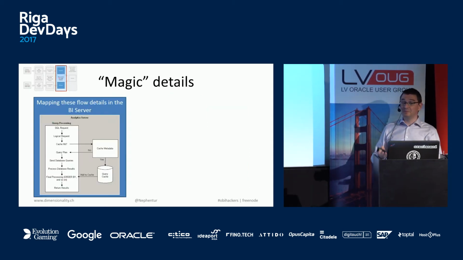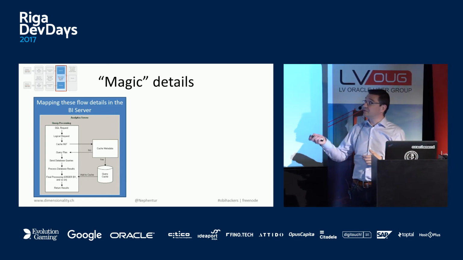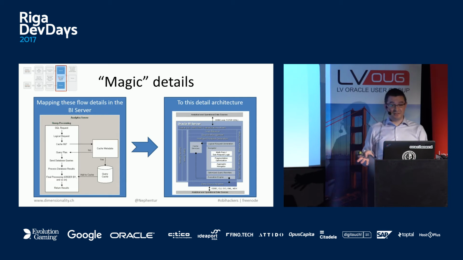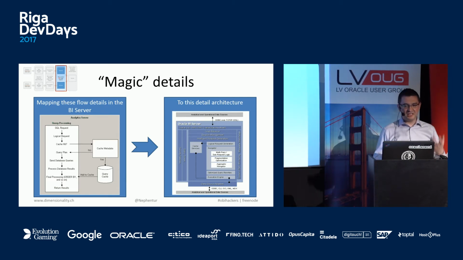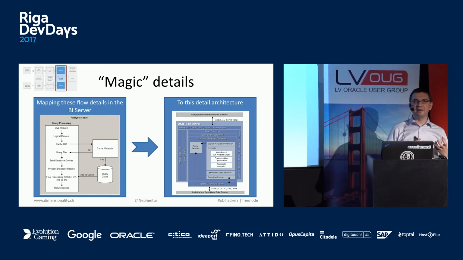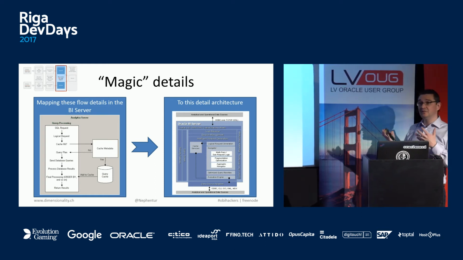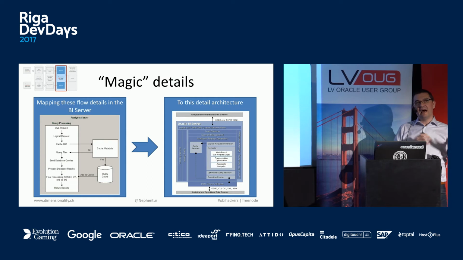And now let's go into the magic. So we had this flow that we've seen before, right? Well, we also have a detail architecture. That's actually the server internals. That's the entrails. And we're going to go through this because this is basically the structure that defines how queries